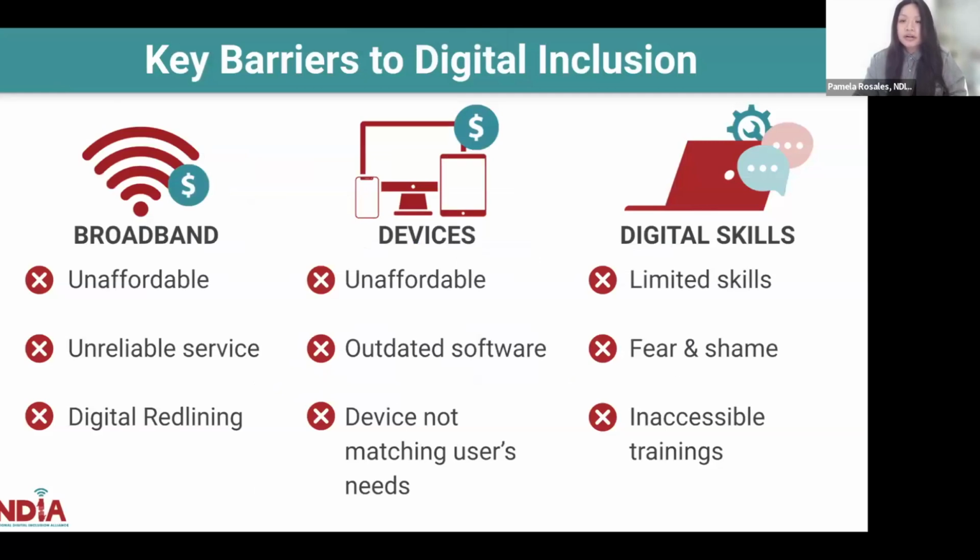All right. So here are just some more barriers to digital inclusion, in case we haven't covered all of them. With broadband, somebody talked about price. The cost of both internet service and devices can be very expensive. Also, not having a reliable service. If the weather goes out, or if there's too many people, if the bandwidth isn't high enough, that can be a limitation, right? If there's a lot of people in the household using the internet for studying online,